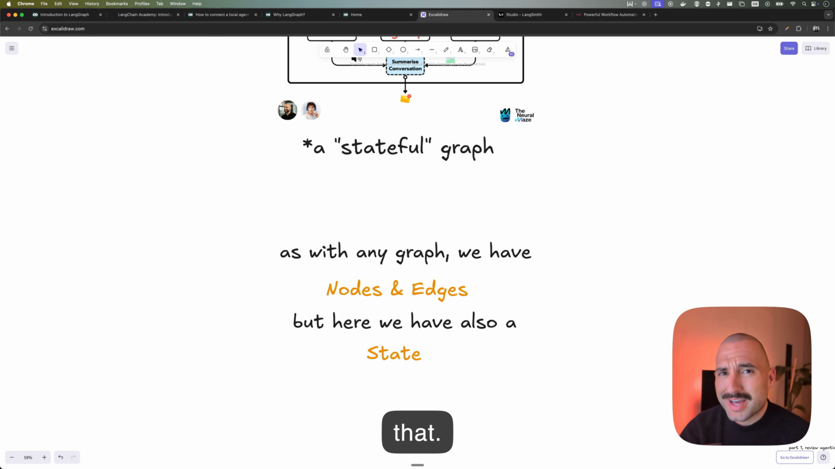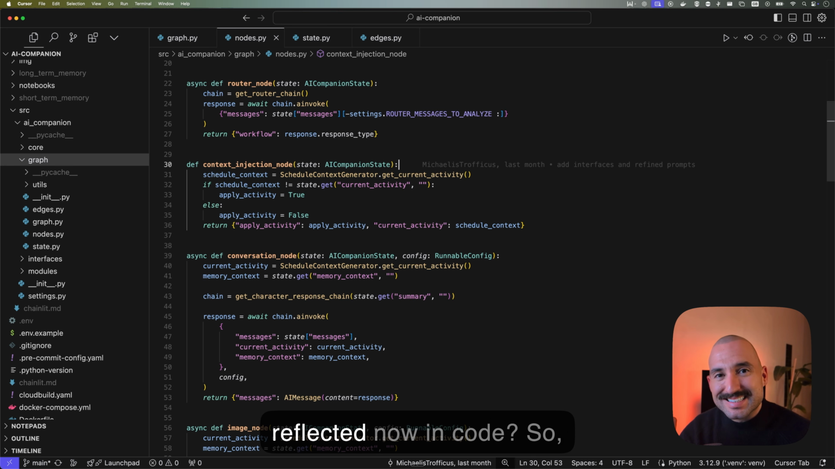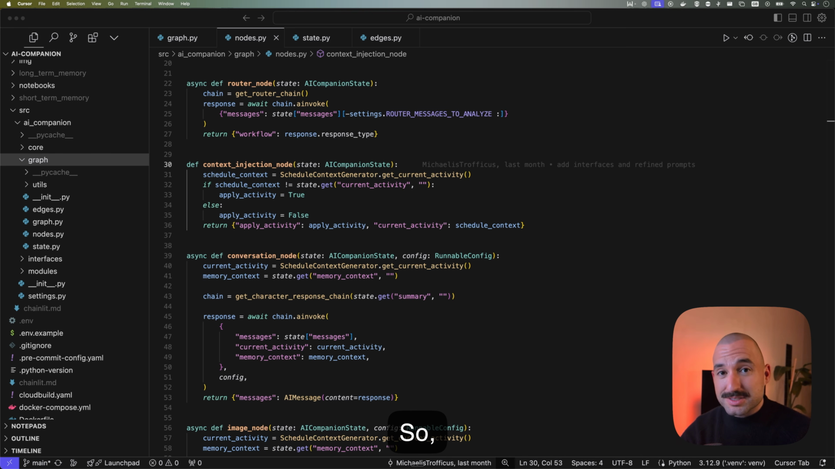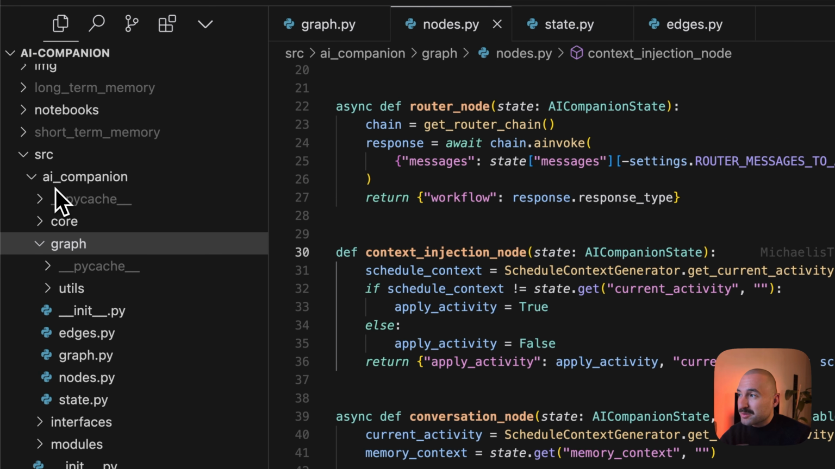So let's do that. Now, how is everything that we have discussed reflected in code? Well, let me tell you, I think it's quite straightforward and probably even simple to understand. Let's pay attention to the graph module that we have within the AI Companion directory, which, by the way,